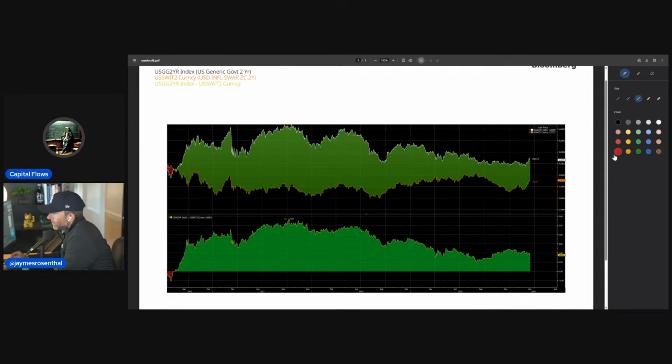you can say, okay, well, real interest rates are positive, but these moves right here are on the margin, right? When this spread right here narrows or widens relative to the amount of growth in the economy, that is what determines if equities are rising or falling, or it's one of the inputs into whether equities are rising and falling.